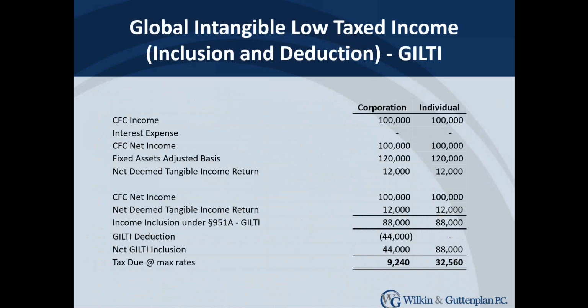If I look at my column on the right, I'm paying tax on 88,000 of income, and at my individual rate of 37%, I'm paying a tax of $32,560. If there were foreign taxes paid on the 100,000, I would be entitled to a foreign tax credit, again limited to an 80% overall cap. So what happens if I'm a corporation? Well, I still have the same 88,000 of income, but I get a special deduction of 44,000, meaning that I have GILTI income of 44,000, and at the lower corporate tax rates, a tax of $9,240. So a dramatic difference between